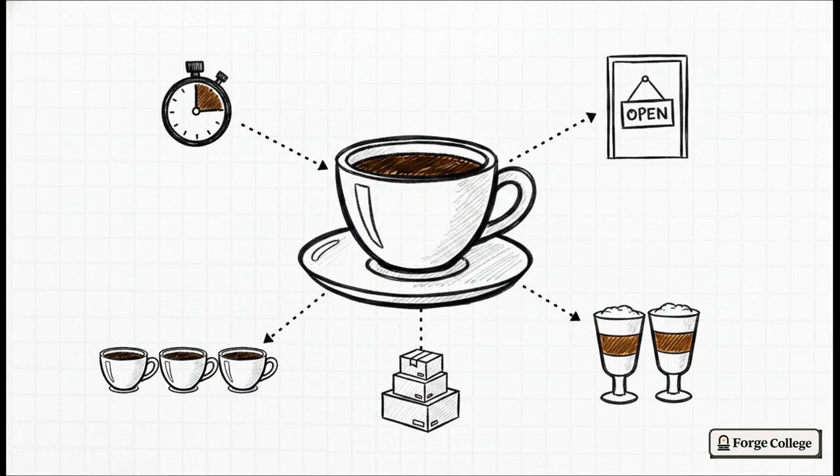Let's use a coffee shop analogy, because it really helps nail down how this works in practice. Latency, that's the stopwatch. How fast can the barista make your one single coffee? Throughput is the volume. How many total coffees can they pump out per hour during that crazy morning rush? Availability is super simple. Is the shop even open when you yank on the door handle? Consistency means making sure your latte tastes exactly the same every single Tuesday, no matter who's working. And operational limits, that's the physical max capacity of coffee beans they can actually store in the back room before the health inspector shuts them down.